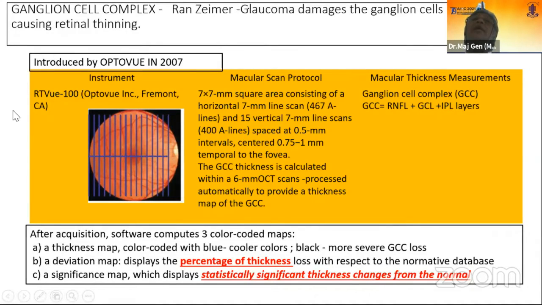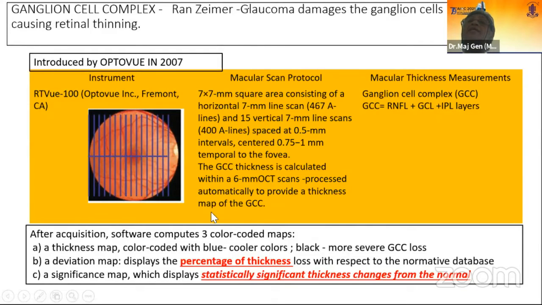So in the RTVue-100, a 7.7 millimeter square is being taken, and there are 15 vertical line scans which are done, which are 7 millimeter wide, and the center is not right at the fovea, but slightly temporal to the fovea, approximately 0.75 to 1 millimeter temporal. And the ganglion cell complex in the OptoView consists of the retinal nerve fiber layer, the ganglion cell layer, and the inner plexiform layers.